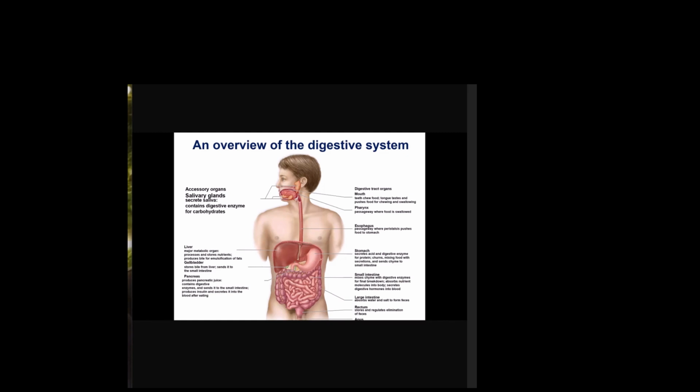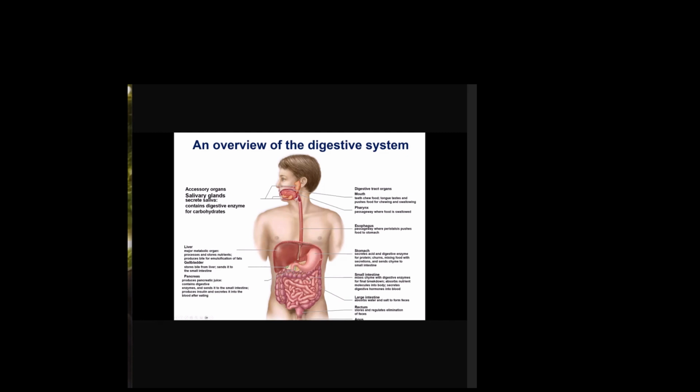The end result is a slimy material now called chyme, and then it will move through to the first portion of the small intestine. This portion here, kind of like an inverted C, is called the duodenum. The duodenum has a connection from the pancreas, because pancreatic juice, as you saw, mixes with the food that has left the stomach, and there it continues further digestion. Then it goes to the small intestine,